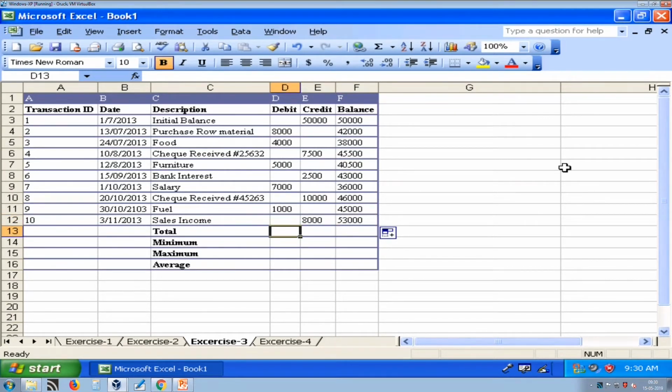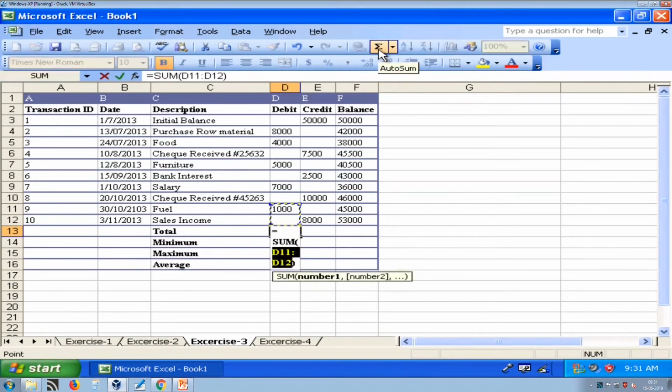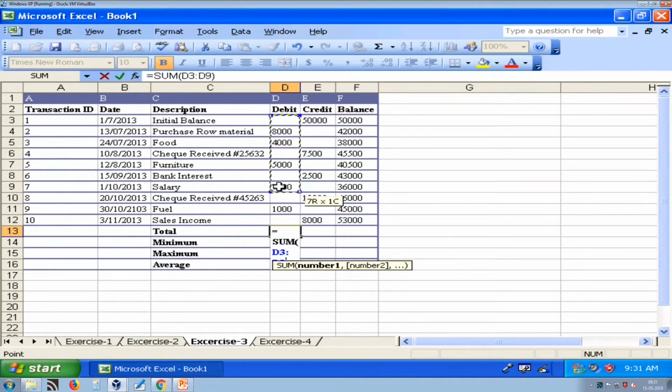Next, we try to find out the total debit and total credit for the given range. So, here just press this auto sum button and let us see what will happen. Here it only considered this much range. So, you have to change the range to cover all debits. Our range is from top to bottom. So, select this range and press enter.